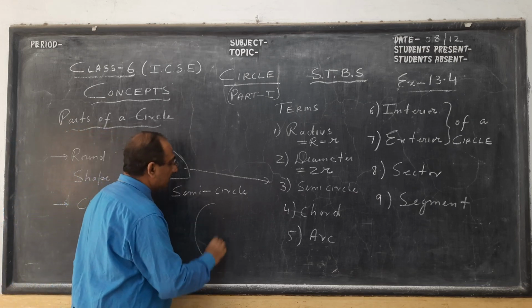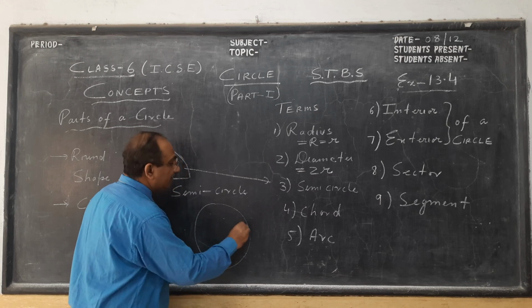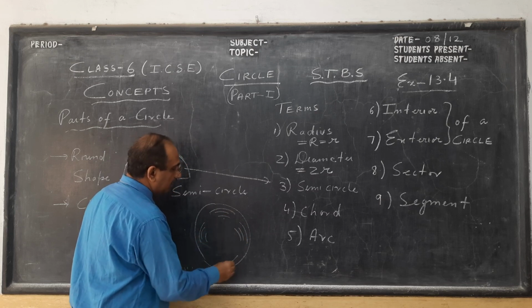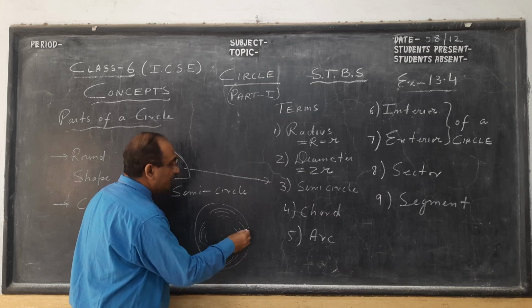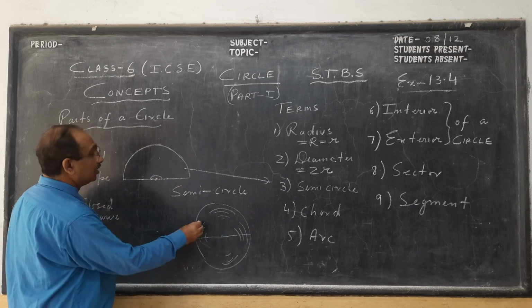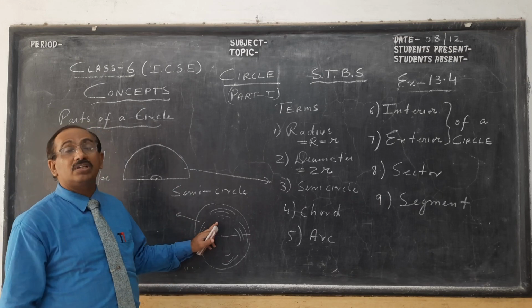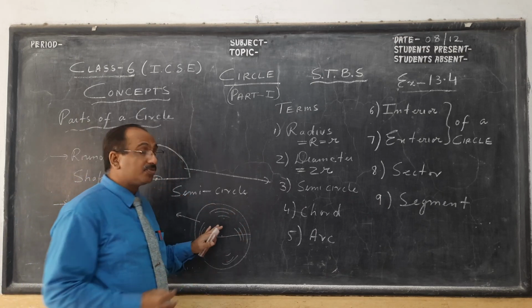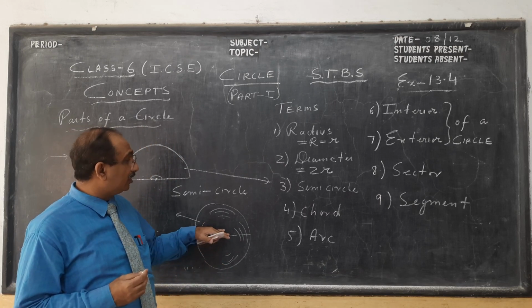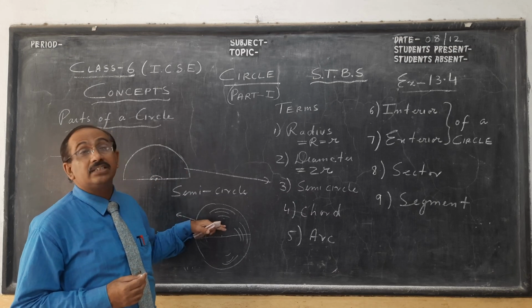Don't confuse. I was telling you in the beginning, a sphere like the earth. We shade to show it is 3D. If you take half of the earth, it is not a semicircle, it's called a hemisphere: northern hemisphere and southern hemisphere, like a solid ball. So remember, half of the earth is not a semicircle, it is a hemisphere.